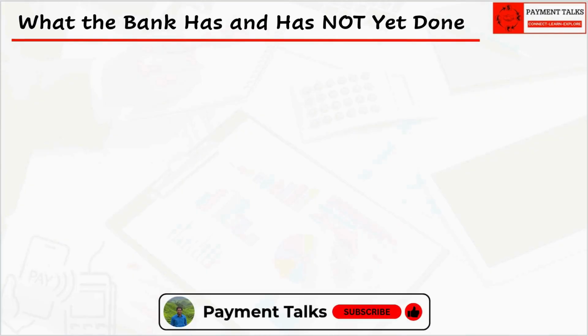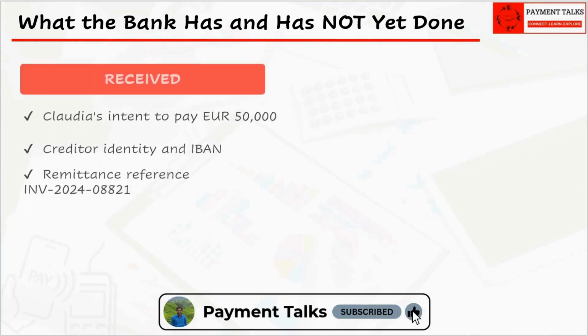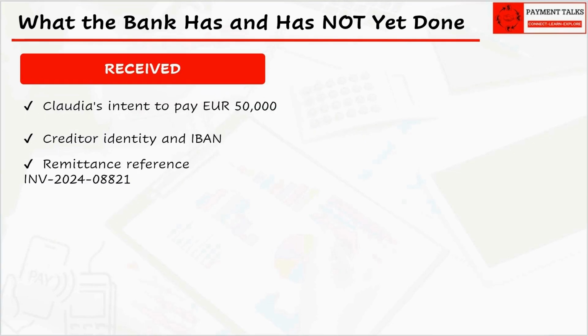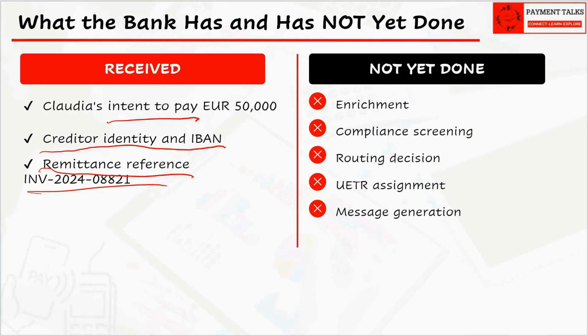At the moment Claudia hits submit, the bank has received exactly three things: her intent to pay euro 50,000, the creditor identity and IBAN, and the remittance reference, the invoice. That is it. What the bank has not yet done is substantial.